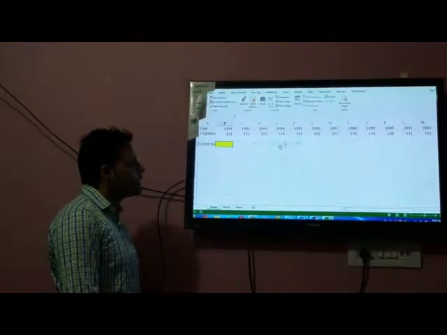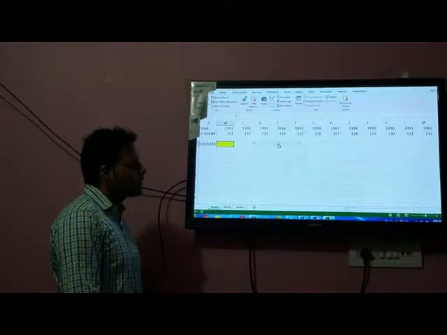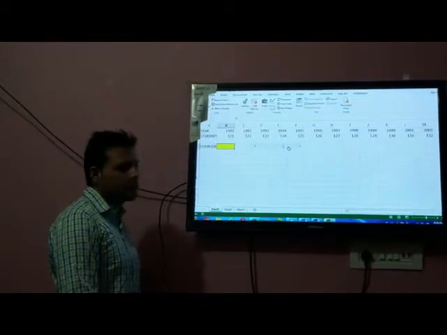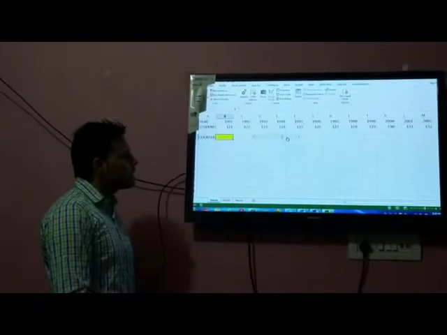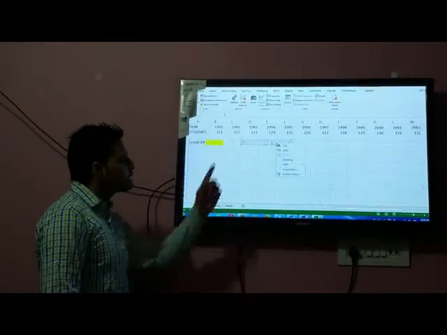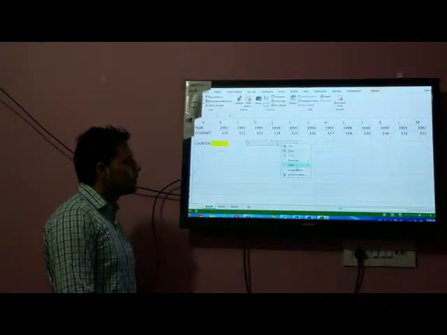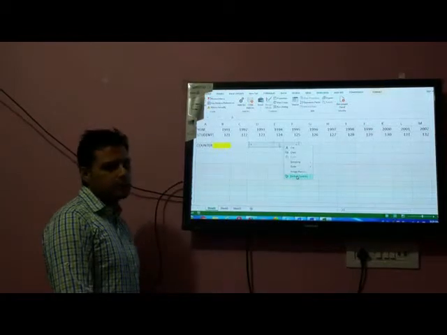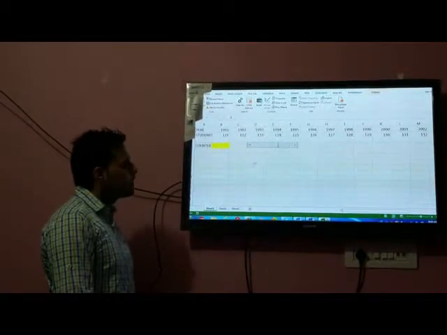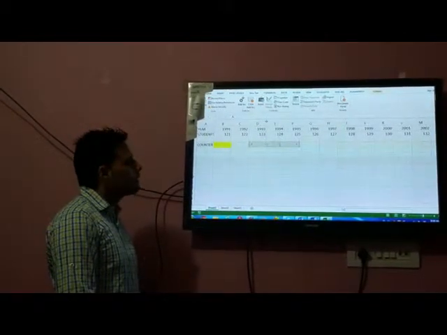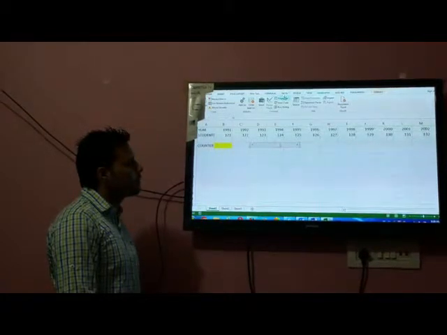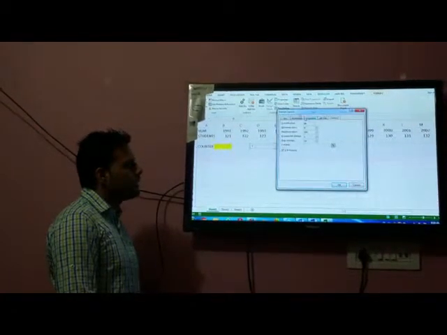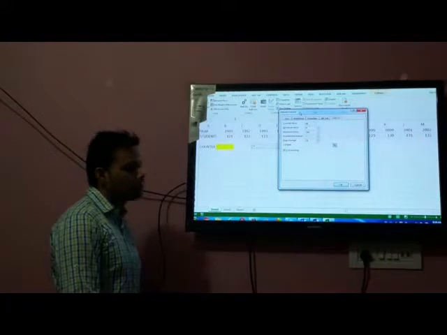So what you have to do is simply select it. Right now, if you simply click on this one, the selection panel will not come. So simply right click on this one, and you will see the selection border there. Right click on this one and go to Format Control. This is one method. The second method is simply select this one, go to the Controls section and click on the Properties option. So now we have entered into the Format Control.